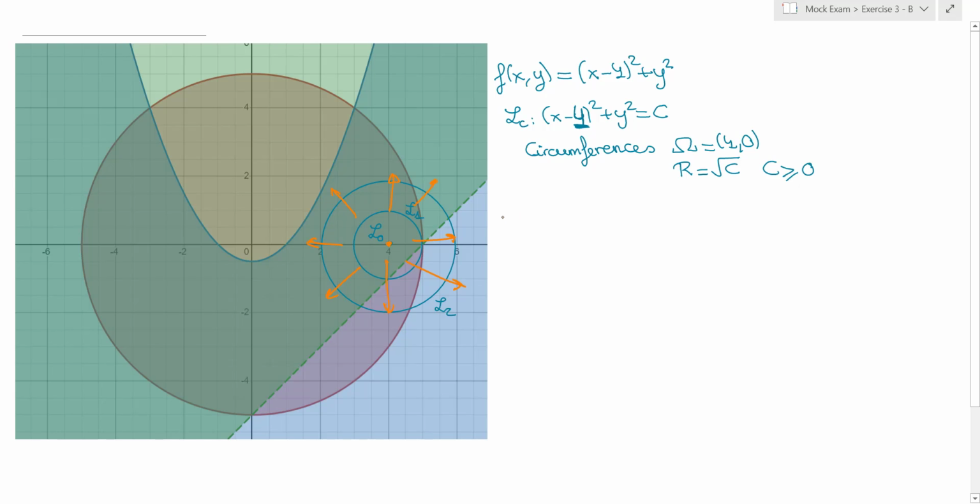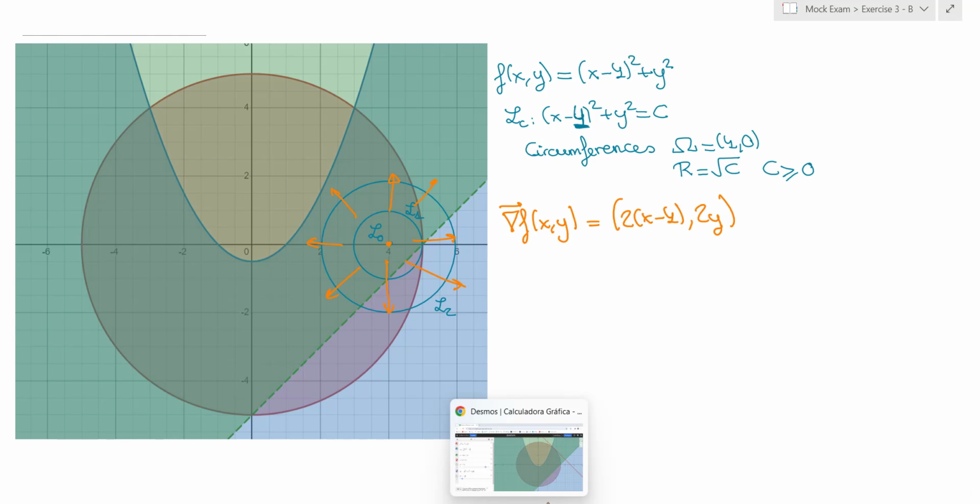And you can make this concrete with the gradient. The gradient in this case, you can see the partial derivative with respect to x is 2x minus 4, and with respect to y is 2y. And it depends on the point, and if you substitute, you get things like that. Essentially, the level curves are circumferences that propagate from here, and now we can see what's happening in an animation